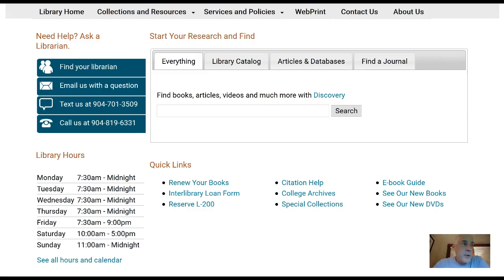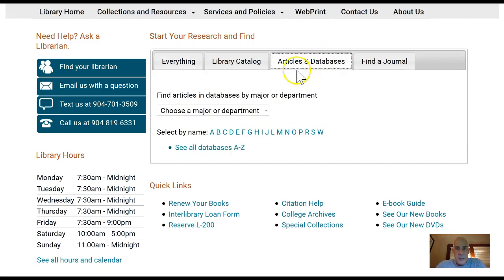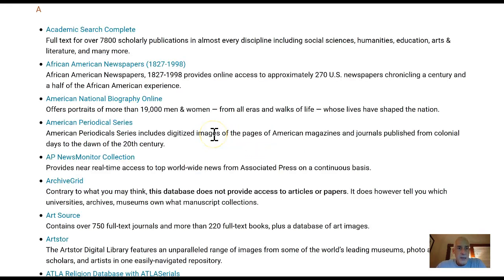So to begin with, I'm going to remind you about a database called Academic Search Complete. If you look up on the screen, which hopefully you're looking at, you'll see the library's homepage here. I'm going to click on the Articles and Databases tab right there. And down at the alphabetical list, I'm going to click A. And right over here, I'm going to click the Academic Search Complete hot link, and it brings me to this